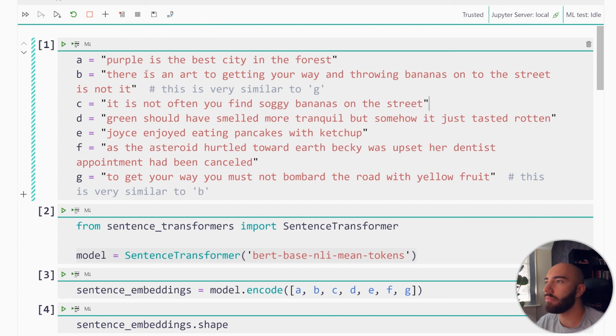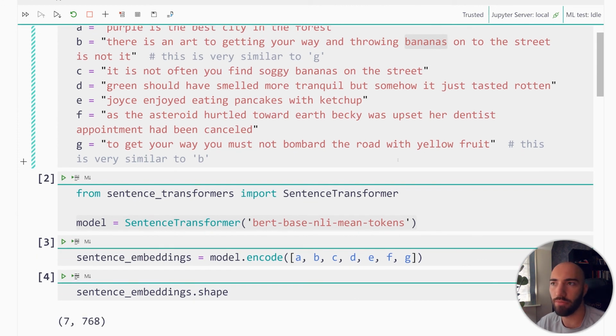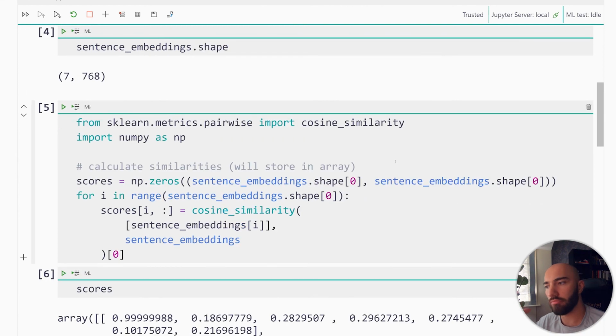Now, how about B here and G? So what I've done for G here is I've just taken the sentence B and swap the words around so that we don't really have matching words. So throwing bananas, instead of throwing, I'm using the word bombard. Instead of the word street, I'm using road. Instead of bananas, I'm using yellow fruit, right? So it has a similar sort of meaning, but they're not using the same words. So TF-IDF and BM25 would really struggle here. Now let's go down